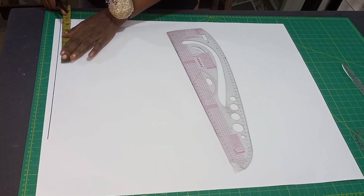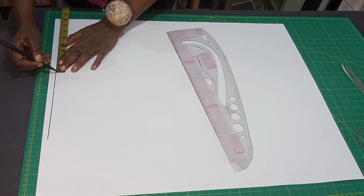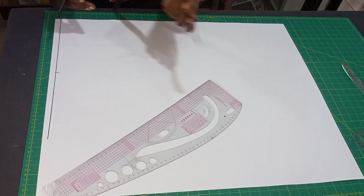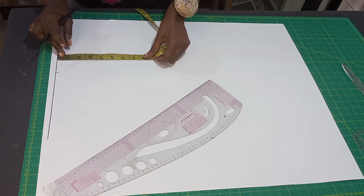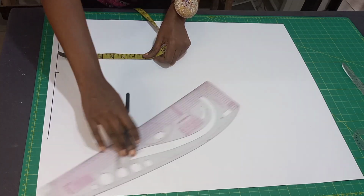So now her shoulder is 16 divided by 2, that's 8. You all know how to draft the basic bodice, but for those that are just learning, let's do that. So after getting her shoulder of 8 inches,